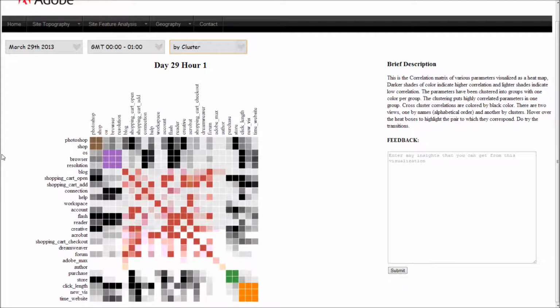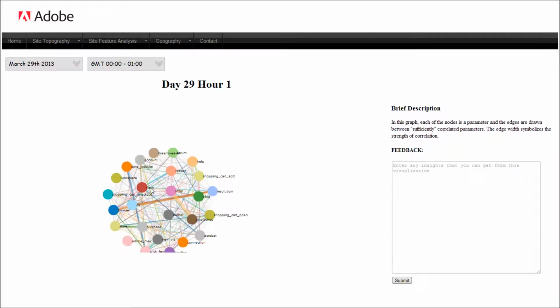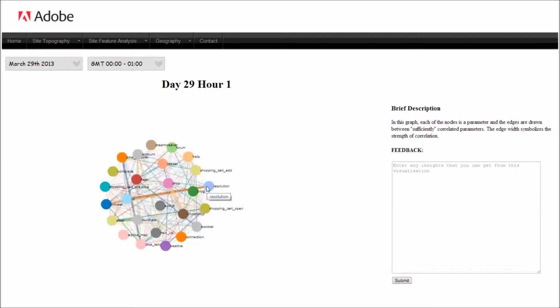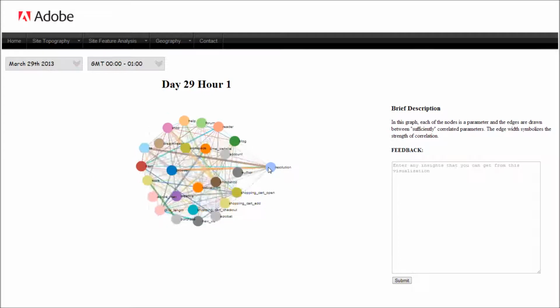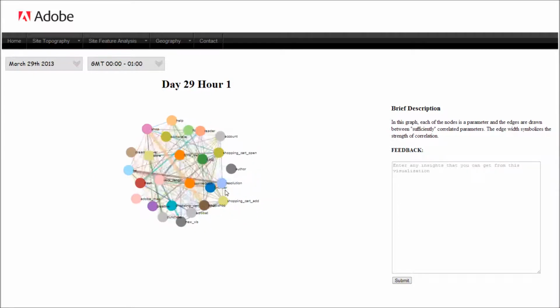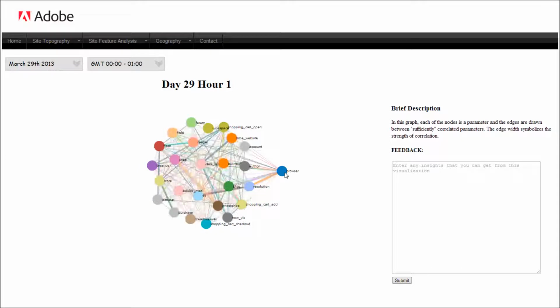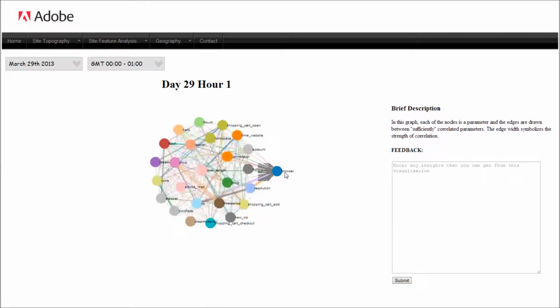Cross cluster blocks are colored as red, whereas each cluster is provided a color of its own, and the darker shades imply more association. Now, a very natural extension after having such a matrix is to create an adjacency matrix out of it and use it as a graph structure. So that's what we looked at next, and here we present a graph representation of the same data. Here again, I'll just show you the same things, like resolution is associated with browser. You can see that they both have a thick edge representing a higher association value.